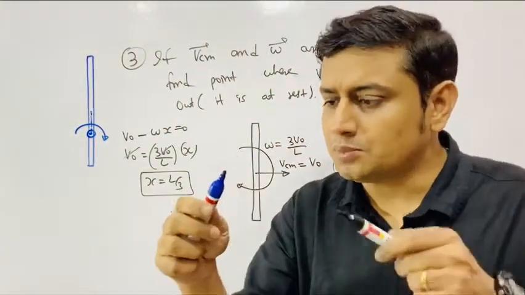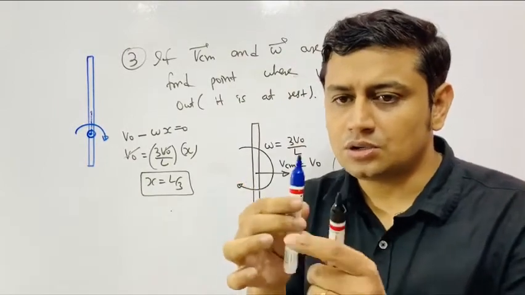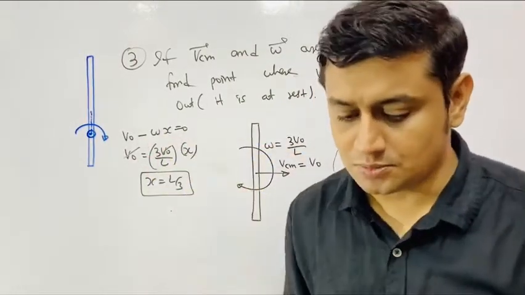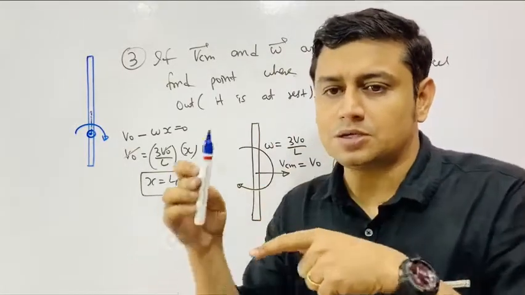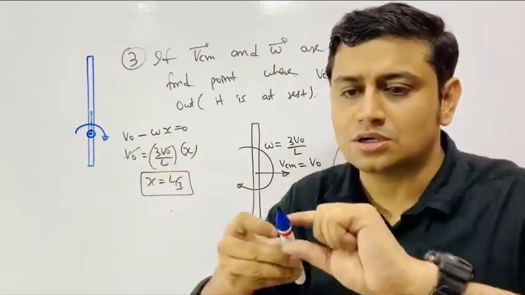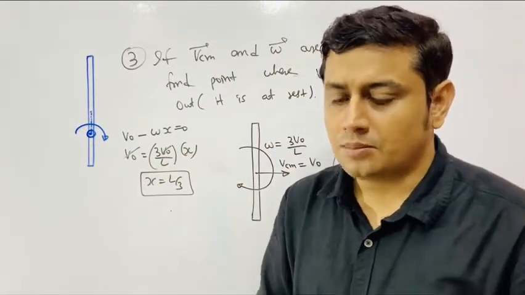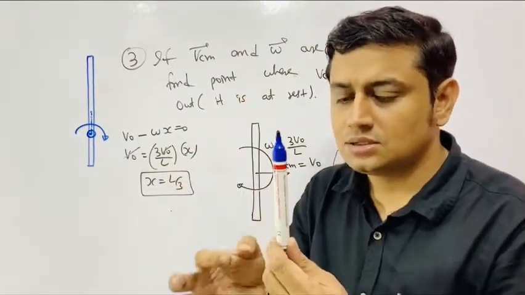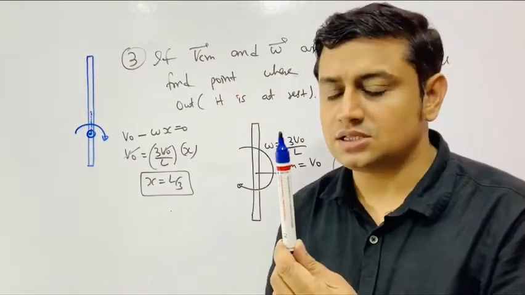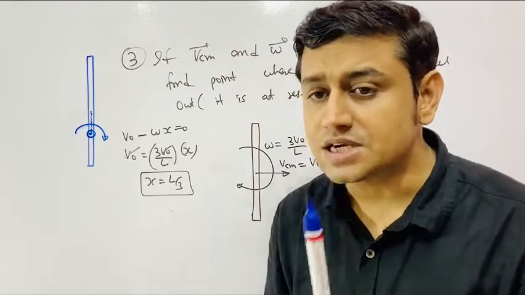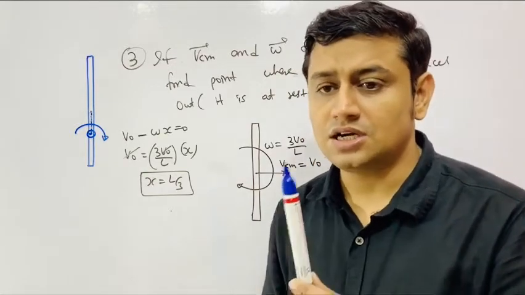Whenever a rod is there and a bullet hits it, or you give some jerk impulse, it begins to rotate and translate both. Whenever there is a collision between a rod and a bullet, or between two rods, after collision it starts to rotate and translate both. But once it begins to rotate and translate, there is a point in the rod which remains at rest. That is called the center of percussion.